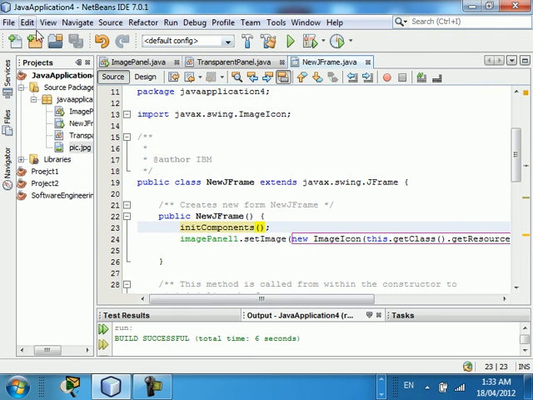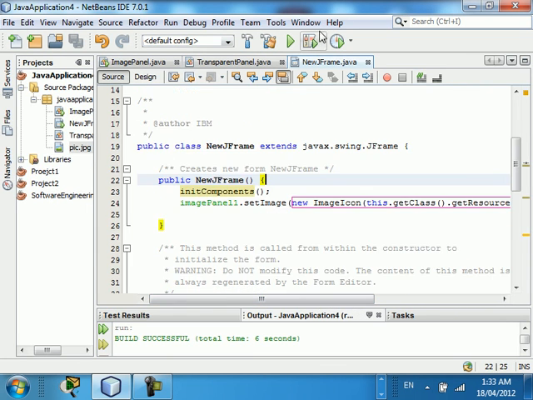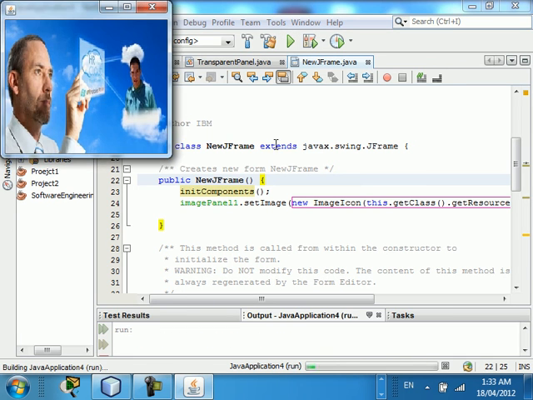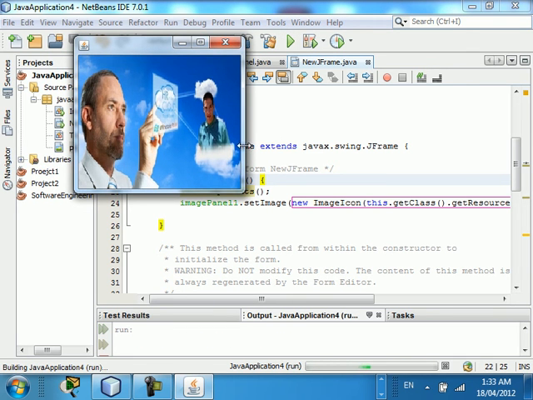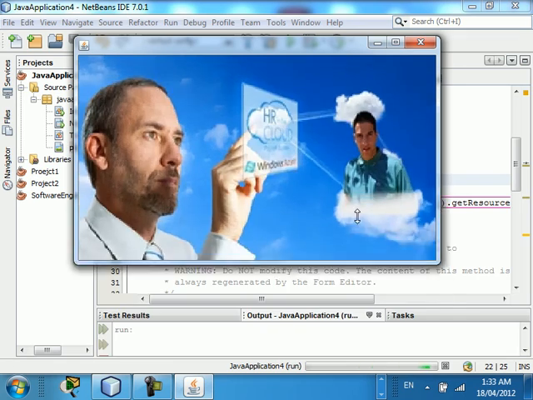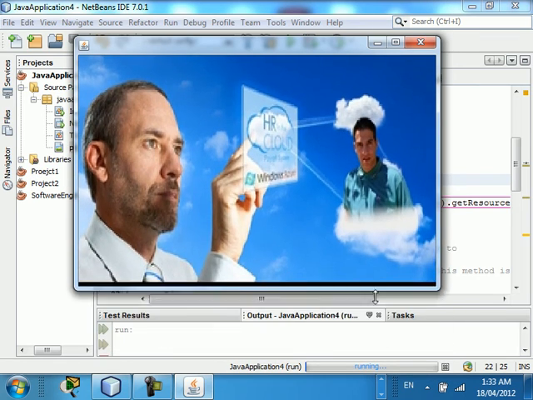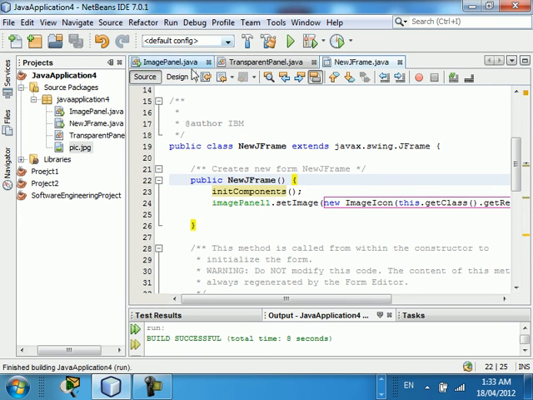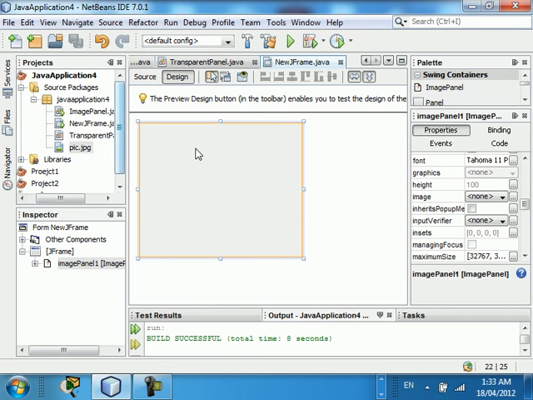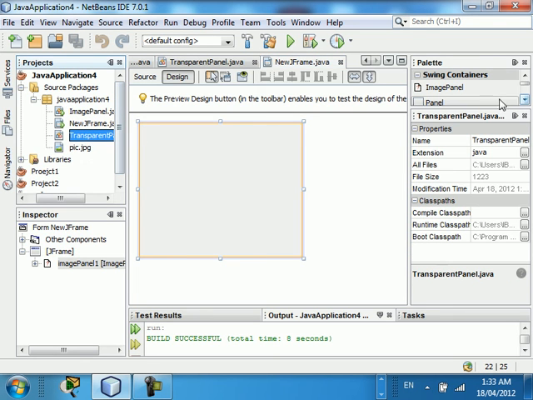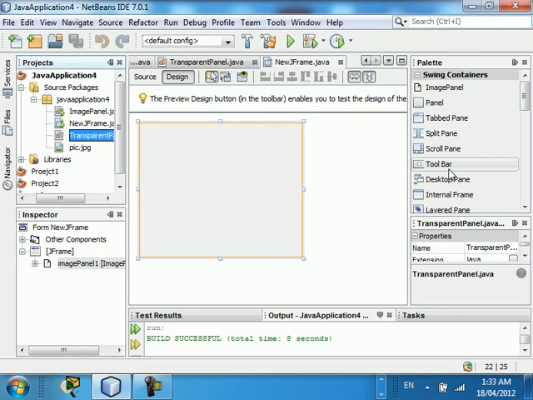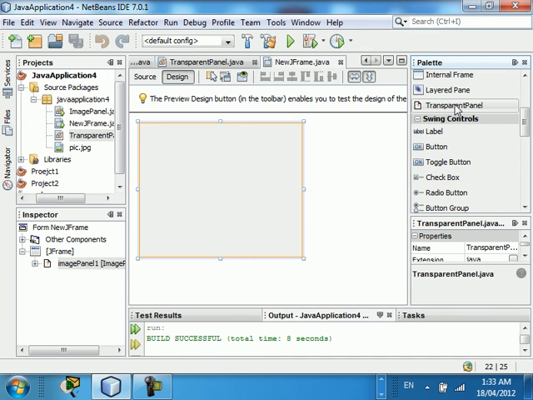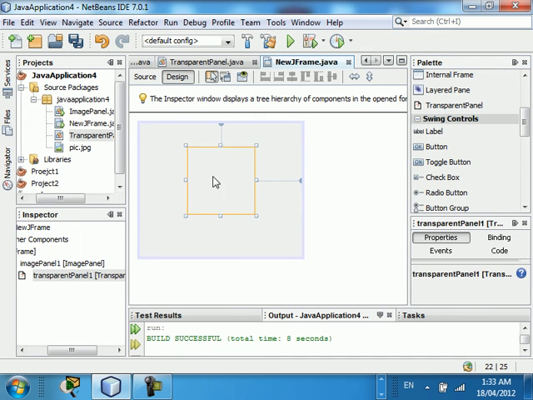Okay, so after setting the image, just try to run the program. So as you can see here, we got the image inside the form, but the next thing I want to add here is the transparent panel. The transparent panel comes above the image panel, so all you need to do is just go into the palette. We have the transparent panel, drag and drop into the image panel,